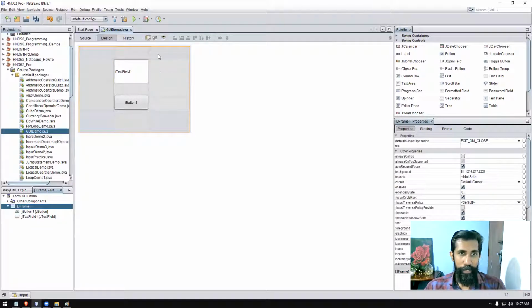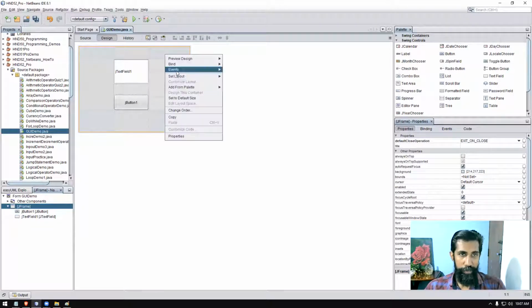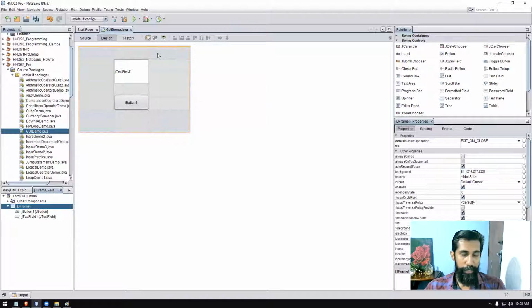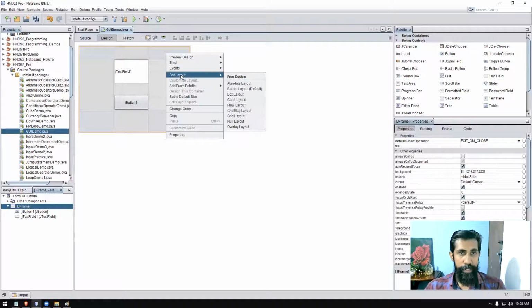So you can see there are some lines going here and there, and some spring-like marks shown, right? So there is a separate program in the interface called layout managers. There is a layout manager in this one that is called free design. It's available here by NetBeans. So I'm going to choose something called null layout. The first thing, before adding the components, you can do is right click on the blank area of the screen, choose set layout, then choose null layout.